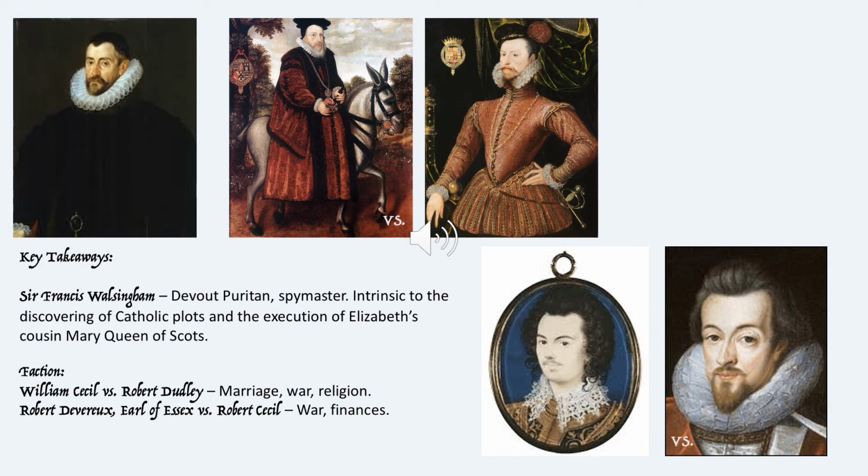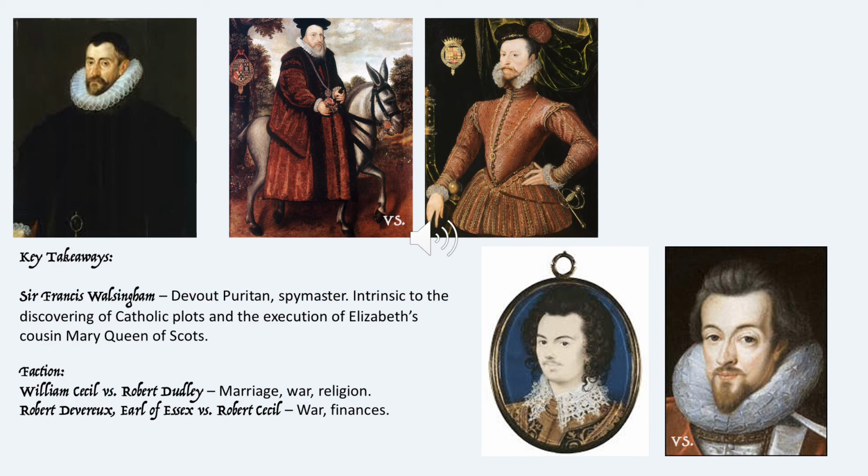On the other hand, we have Robert Dudley. Robert Dudley, first of all, wants Elizabeth to marry him. He wants England to go to war, near on constantly. He's a soldier. And finally, he's a Puritan. So he really wants religious changes to be pushed further. So throughout the reign of Elizabeth, we're going to see these two men and the courtiers around them fight in this idea of faction. Once William Cecil and Robert Dudley die, because Elizabeth's reign is super long, we then have